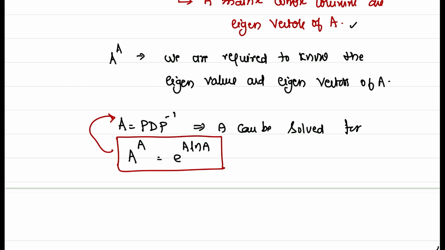I think you might have understood this, because all these things I have explained in e to the power of A and my lecture on eigenvalues. Please refer to that also, how to find the eigenvalues from the characteristic equation, then how to write the eigenvectors from them. And to cut short this problem,